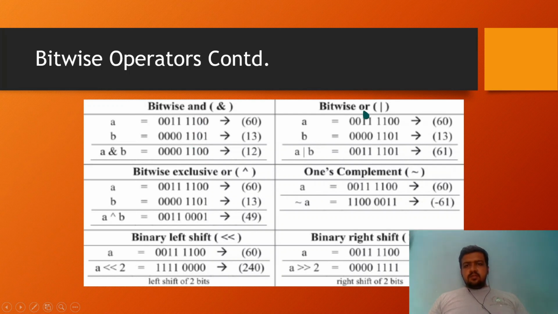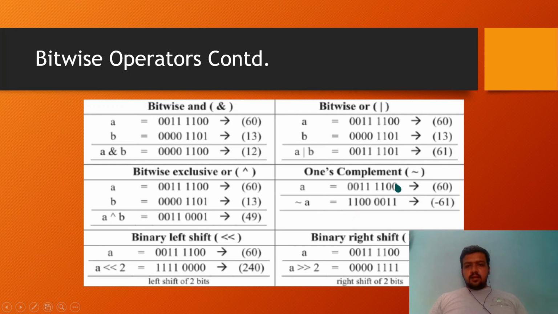For the bitwise OR operator, either of the cases should be a positive value or a 1. You can see in the leftmost bit, only one value is 1, but the result we are getting is 1. But if both values are 0, then we will get a value of 0. The XOR is somewhat different from the AND and OR. It says that if both values are the same, either 0 0 or 1 1, we will get a value of 0. But if only one of the values is 1, then we will get a value of 1.